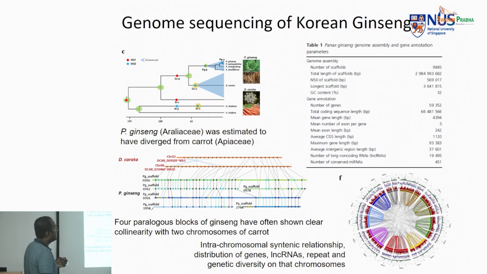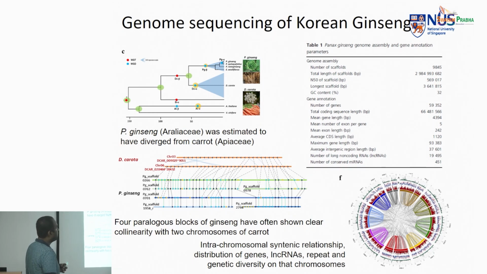Total number of genes, we identified a very unexpected number of around 60,000 genes. When compared to rice, which is only 30,000, this is a very high number. Initially we suspected it was probably a misannotation, but then we used multiple confirmatory methods and it was indeed confirmed that there's a possibility of 60,000 genes. Most of them were actually duplicated. And it is actually a farthest derivative from carrots among the known plants.